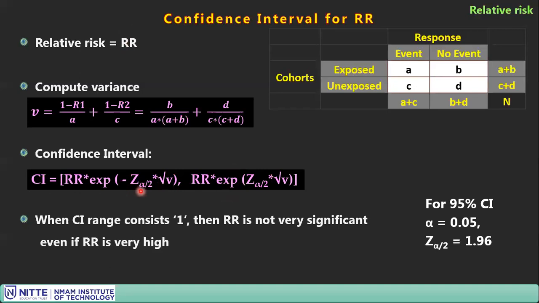So don't you think that it includes 1? That is, 0.5 to 5 includes 4 as well as 1, which means there is an equal chance that relative risk is equal to 1, also 4. So however much chance you have for 4, the same amount of chance you have that it's 1, right? So there is a possibility that relative risk is also equal to 1. What does it mean? If relative risk is equal to 1, there is a slight chance that there is no difference between the two groups. Exposed and unexposed risk are equal. So you need to be very careful when you mention this. That is why relative risk should always be accompanied with a confidence interval value.